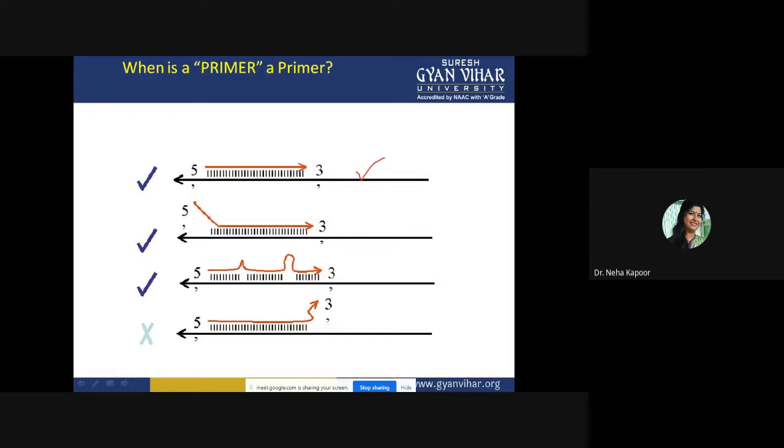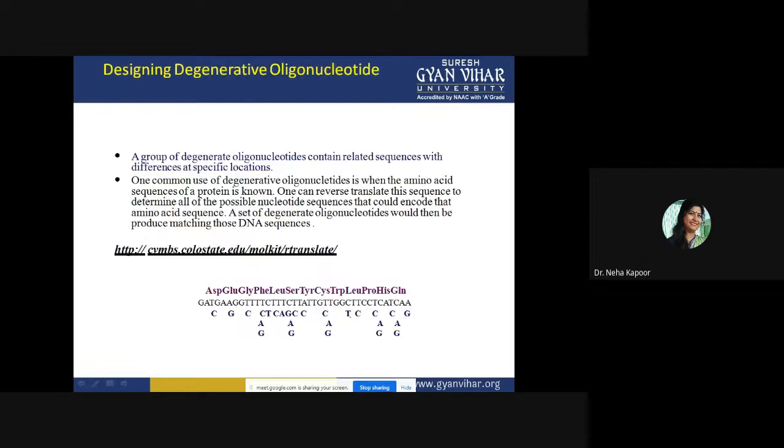If at one end it is not bound, but the 3' end is strongly bound, then you can take it as a primer. But if such loops are coming, we can't consider it. And if this is happening and the G or C is not present, because of that binding is not strong, we can't consider it as a primer.